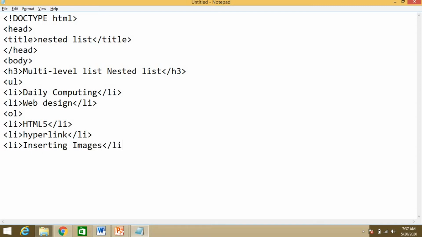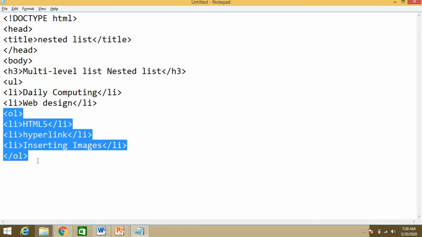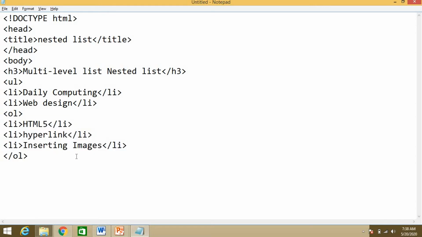Close this li tag. Now close this OL tag also. How will you know that this OL has finished its job? Once you close it, this OL tag is complete. Now next we'll use li.